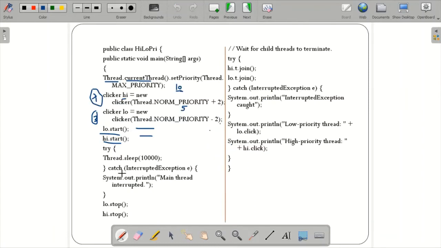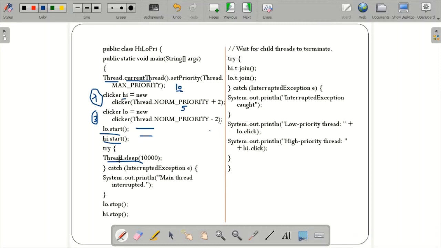And then what I did is I made the main thread sleep. Within this try, I made thread.sleep. That is nothing but the main thread, whatever is there, I made it sleep for 10,000 milliseconds. So in case that sleeping thread is interrupted, then I've called this catch. So why am I using this try catch? As I told, whenever you're using thread.sleep, that is an action, it will be in sleep.